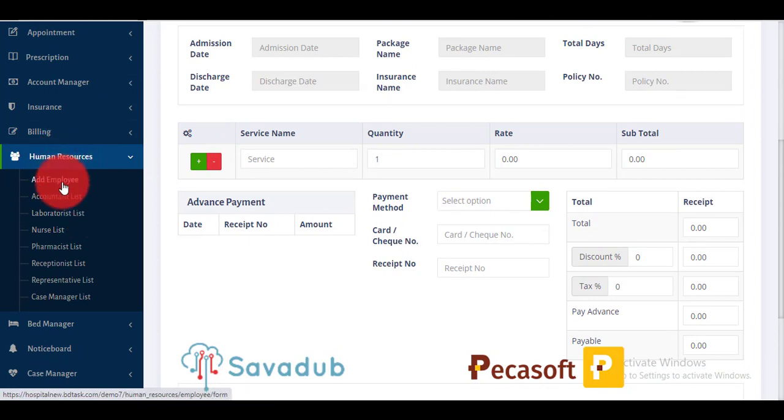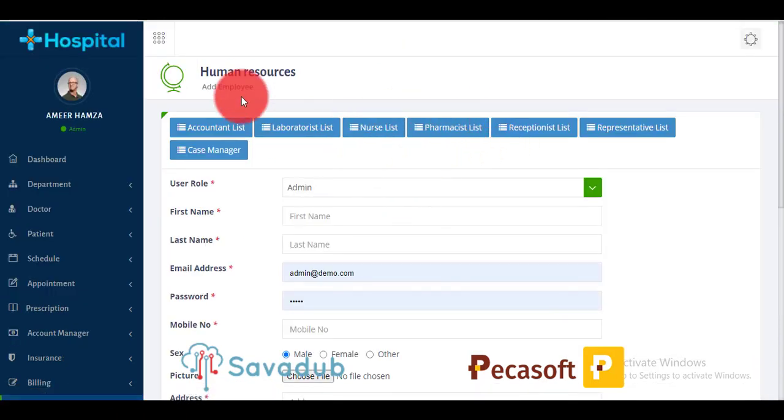You can add your employee accountant list, those working with your laboratories: nurse, pharmacist, receptionist, representative, and case manager. So these are the types of employees that work in a typical hospital. You can add another employee if someone is joining you. So you put the user role